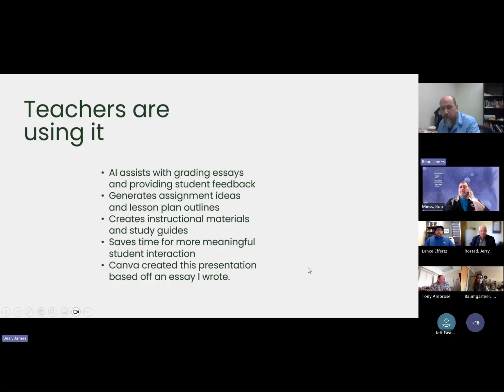But I've seen all kinds of things that teachers are doing. I also teach one of our graduate courses in our education program, the tech course, and one of the things that I have the teachers do is utilize AI in a way that I hadn't before in a lesson. And I hear a lot of conversations out in the field where teachers are using AI to grade essays. I've also heard students talk about how they don't like teachers using AI to grade essays, but it is a way to save time, and it is a way to maybe create less work for teachers. Also, I've seen teachers create assignment ideas and create lesson plan outlines. They can create instructional materials, all these things that they can do.